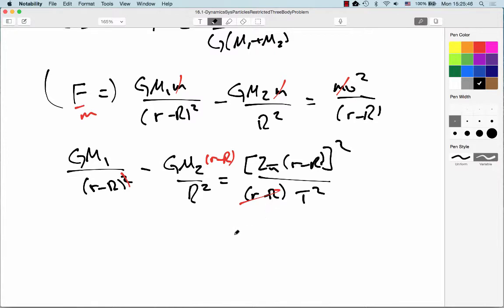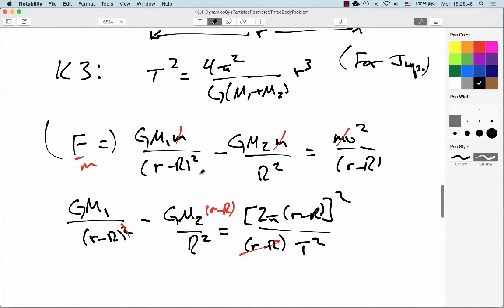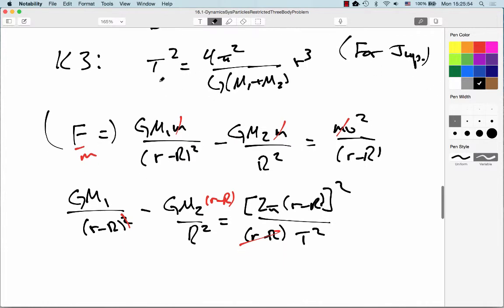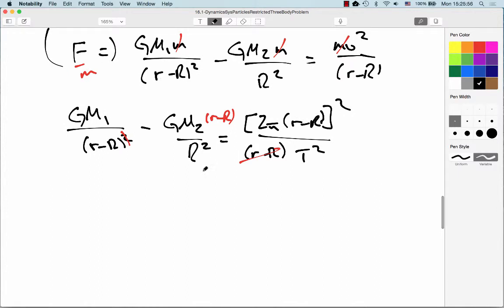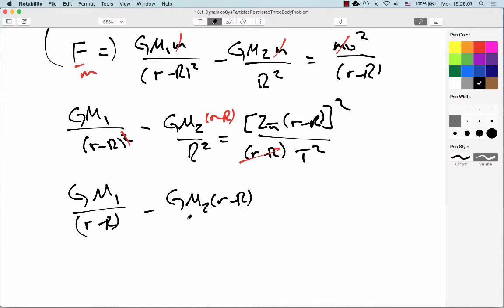At the Lagrange point, though, the period is the same as the period from Kepler's harmonic law for Jupiter. So we're just going to plug that right in. Now we're down to Gm1 over r minus r minus Gm2 times r minus r over r squared equals,